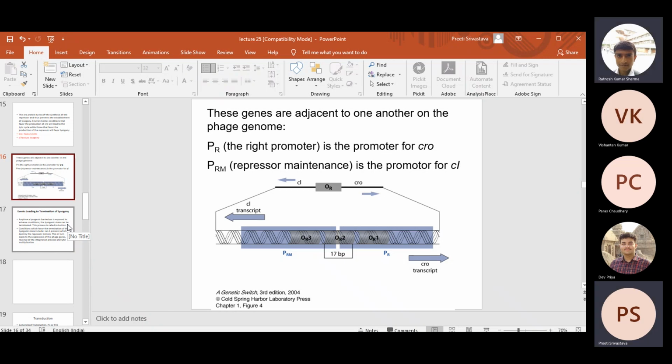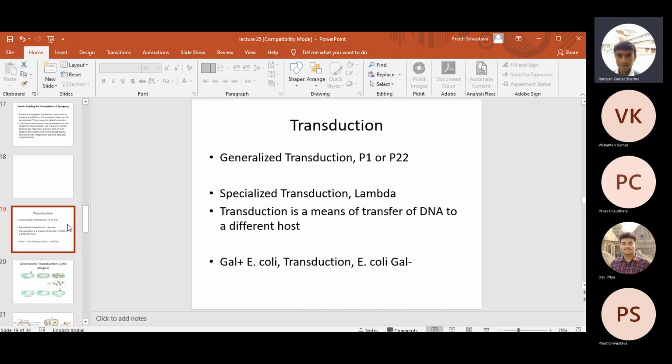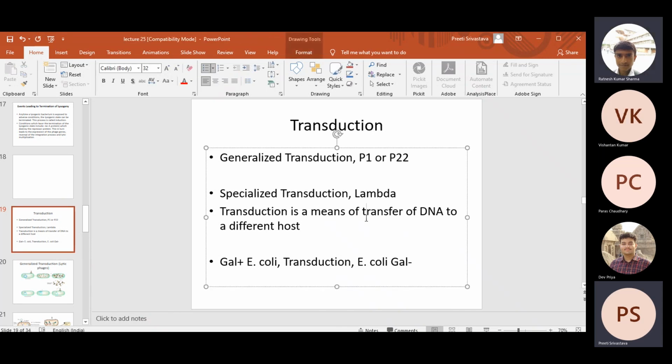Yes, ma'am. Ma'am, one question: at the promoter, one goes leftward and one goes rightward. So RNA polymerase transcribes in one direction for one and in another direction for the other. How does that happen? In that case the template DNA should be on one strand for one and on the opposite strand for the other. Yes, right. But let's talk about promoters when I will be teaching you transcription, Ratnesh, maybe in another 2-3 classes.